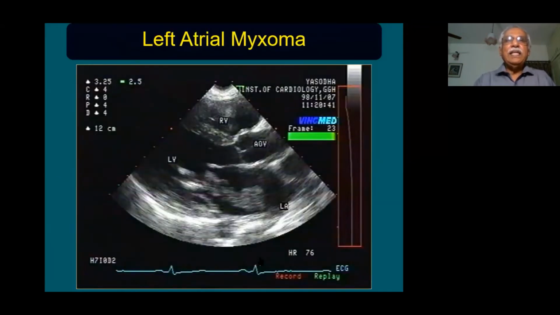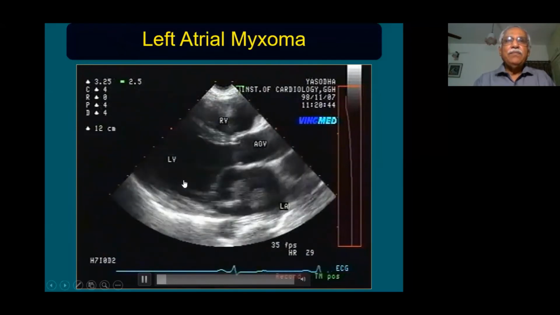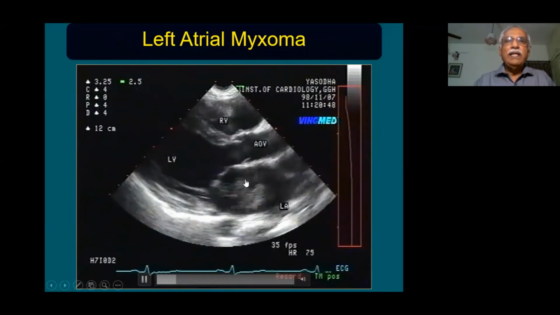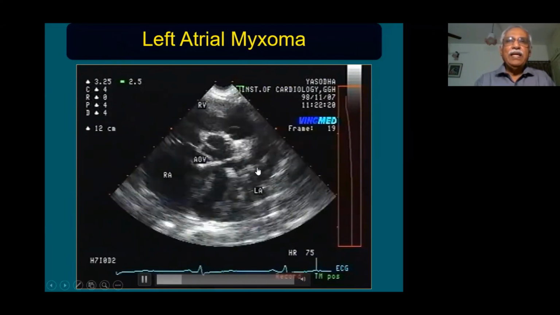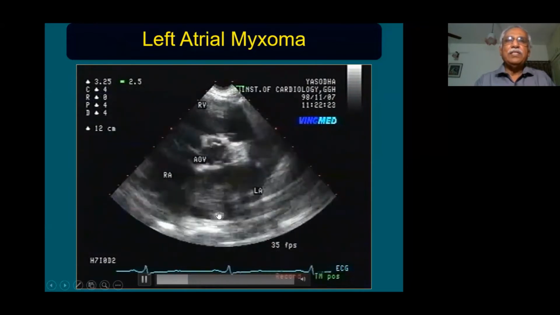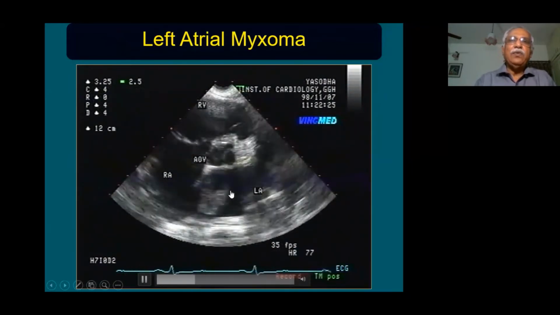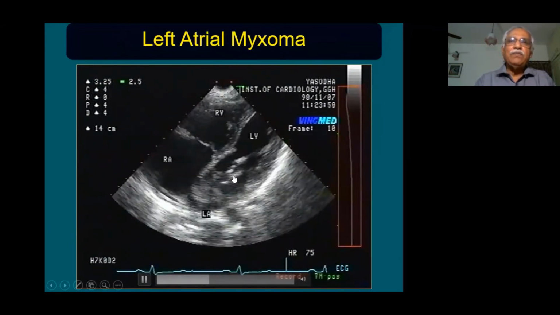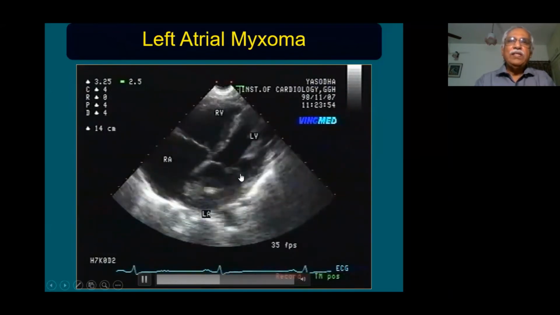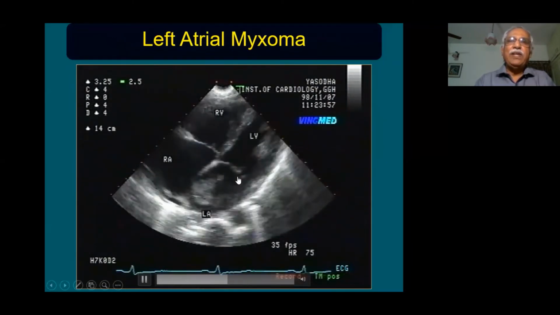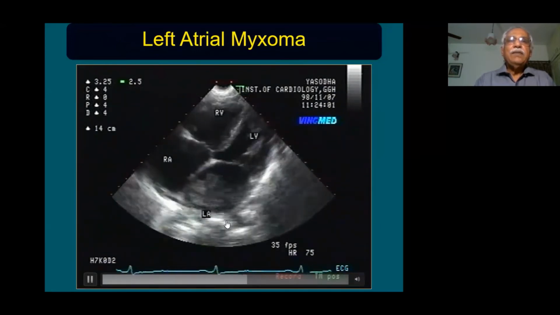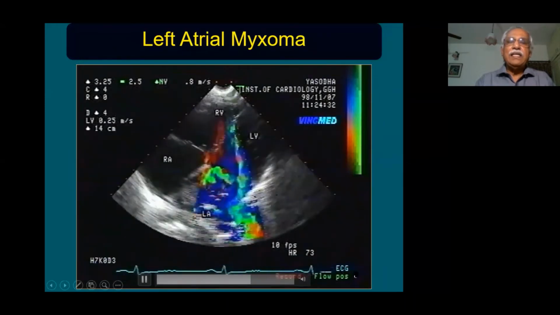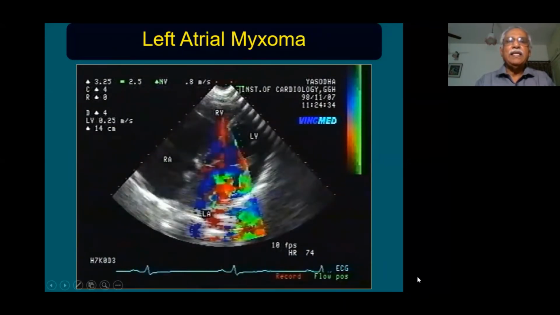This is another patient with left atrial myxoma. You can see there are some mobile echoes near the tip of this mass, and it is highly mobile. The tip of the mass is more echo dense than the other portions of the mass. This is actually a patient who had a fever and the culture was positive. So this was a left atrial myxoma, most probably with infective endocarditis with vegetations over the left atrial myxoma. The mass is mild to moderate in size and it was not producing any obstruction. There was a mild mitral regurgitation present in this patient.